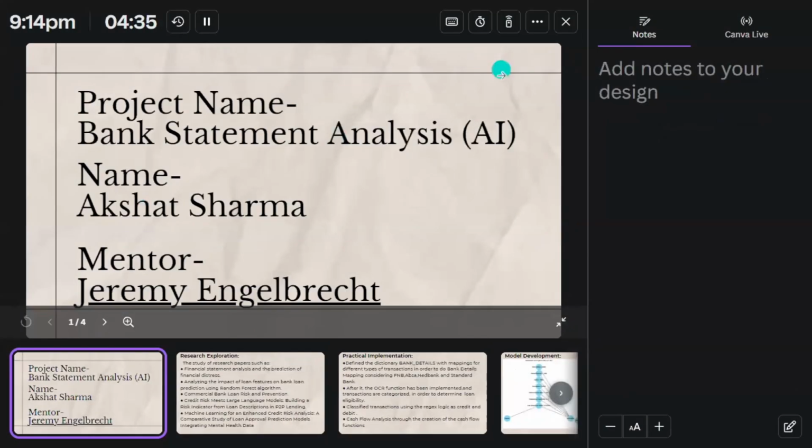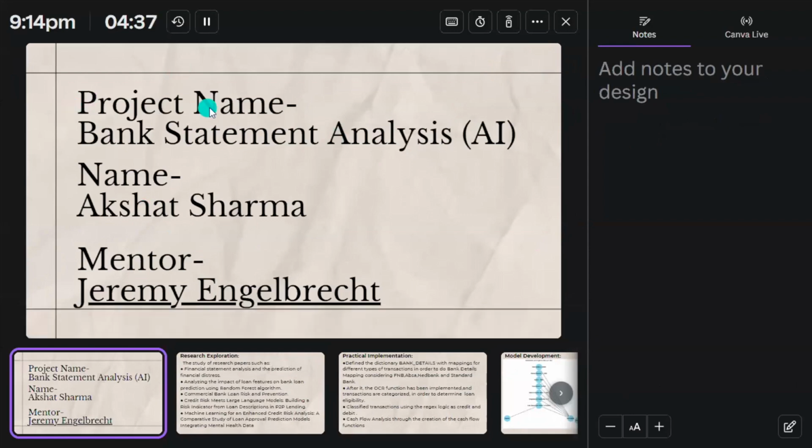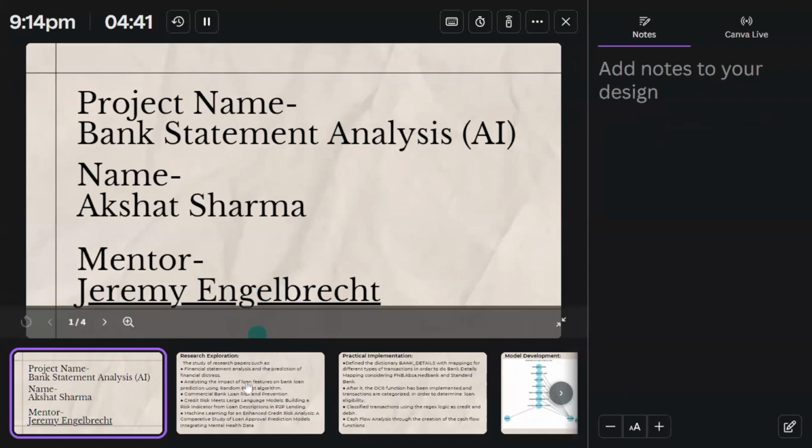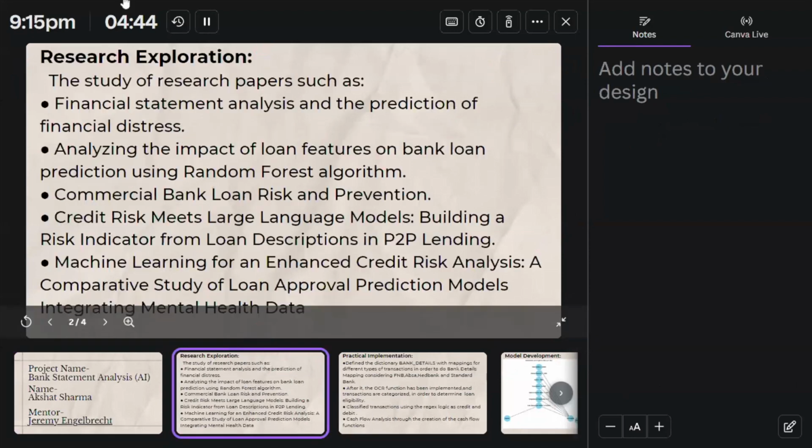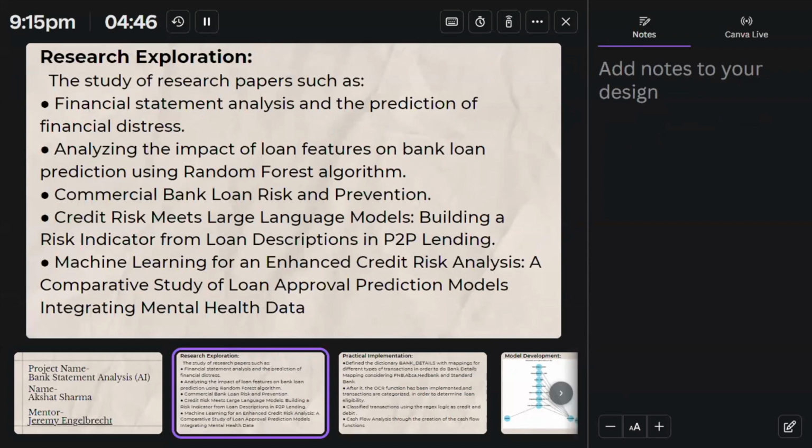So talking about my project, my project is bank statement analysis, and my mentor is Jeremy Angelwit. Talking about what I have done, the first thing I've done is a literature review of some of the